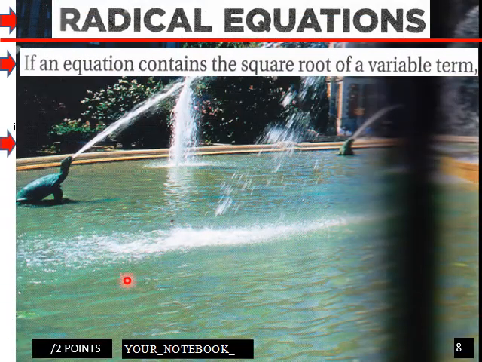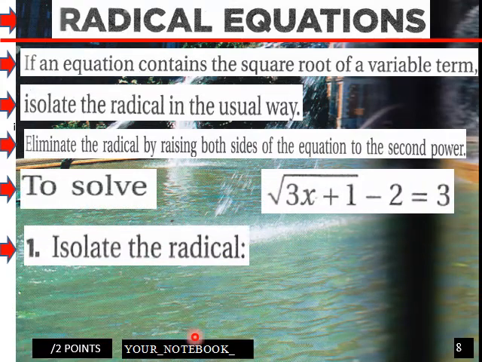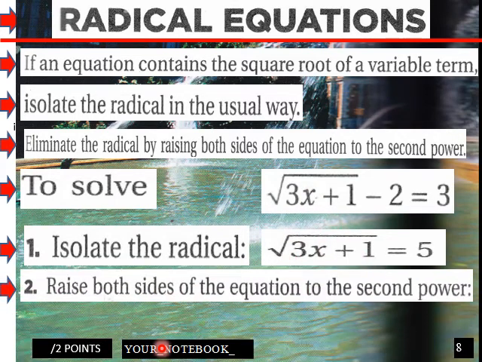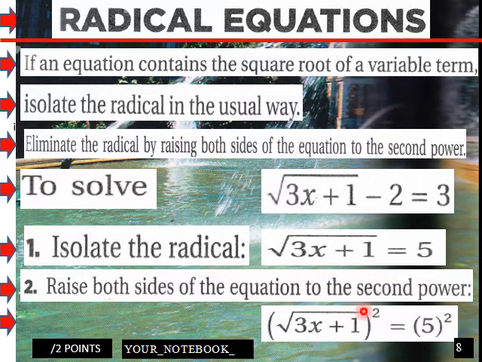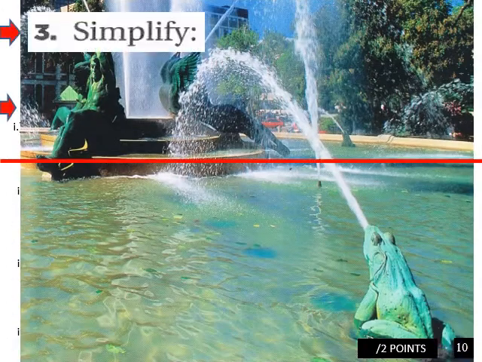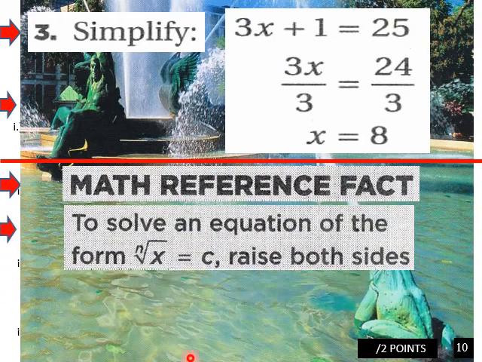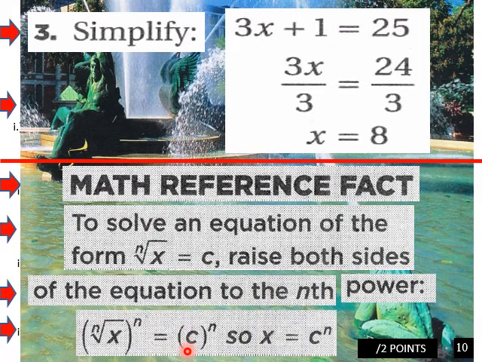Radical equations. If an equation contains the square root of a variable term, eliminate the radical by raising both sides to the same power. So we have this radical here. Raise both sides of the equation to the second power. So we square this and square it. And then simplify it. We have this here, and then we just solve for x. And then math reference fact here, to solve an equation of the form like this, raise both sides of the equation to the nth power, so x is equal to c to